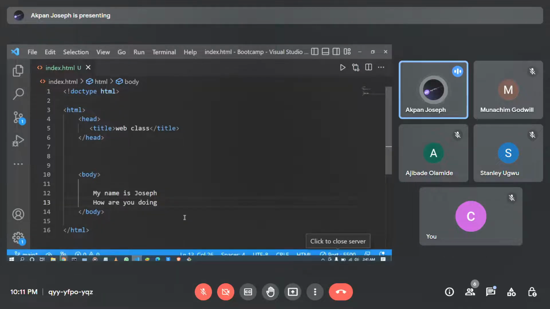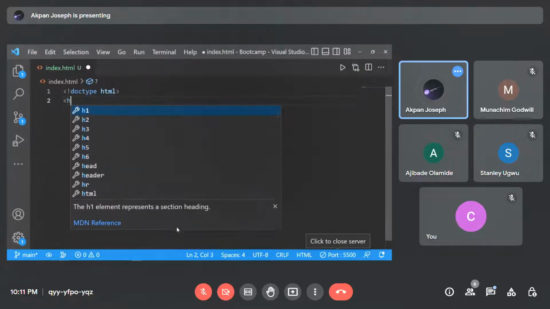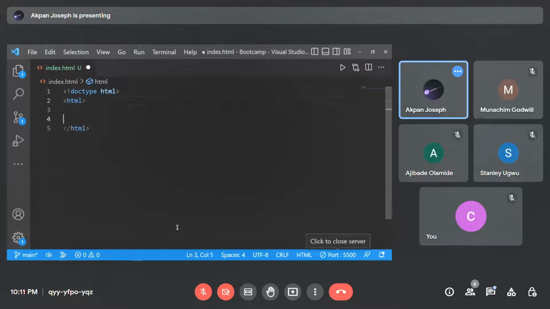So the main crux of the whole matter now. Let me go back again. You have your doc type HTML. The next one is your HTML, and this HTML is going to be wrapping around everything you have. Now you open your HTML,